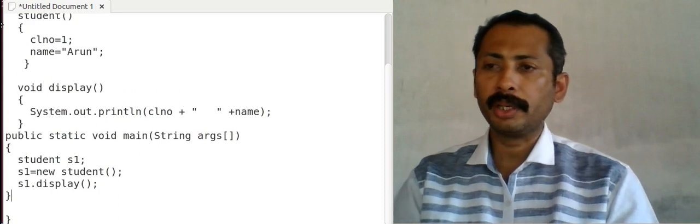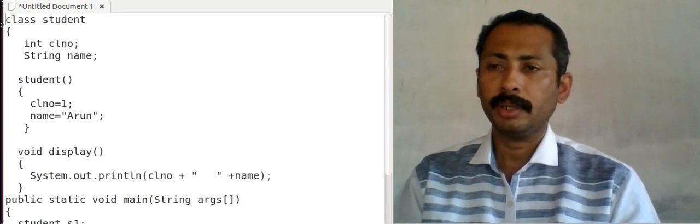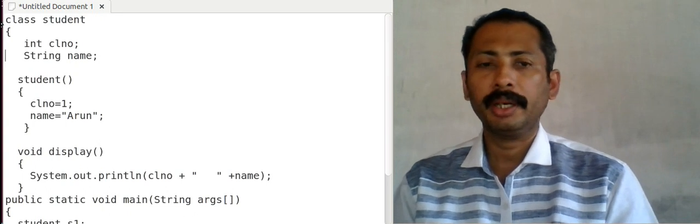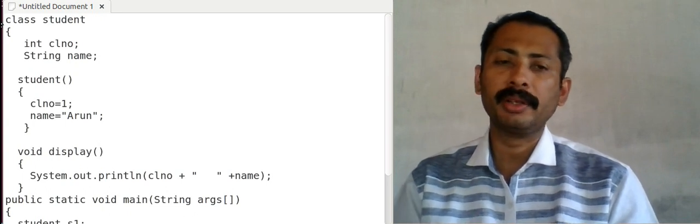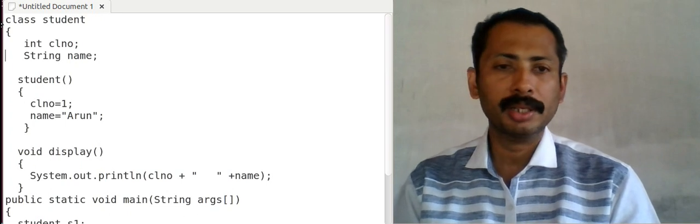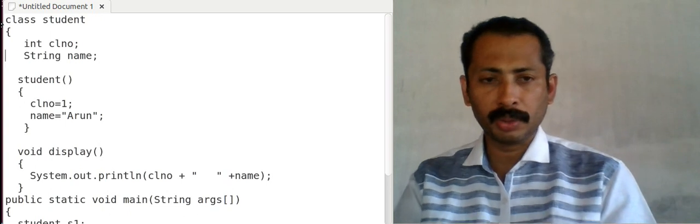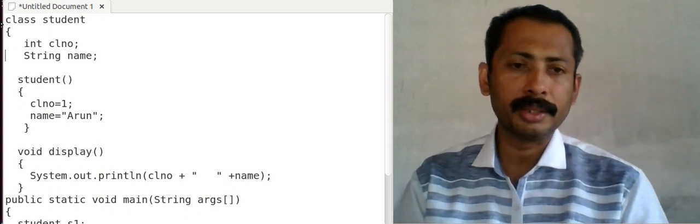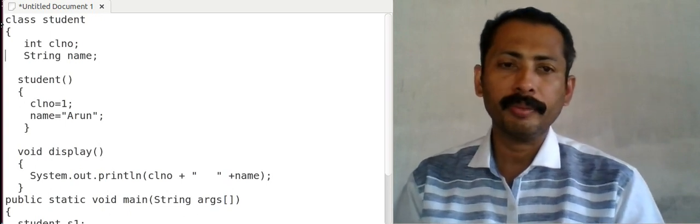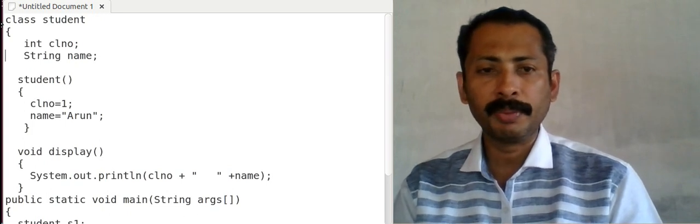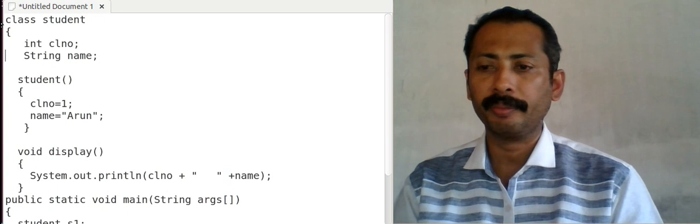Everything is enclosed within a class. This class contains two variables, class number and name. It has a constructor having the same name as the class, and inside the constructor we are initializing values to the member variables as 1 and Arun. Then we have a display function, and the display function displays the class number and name.